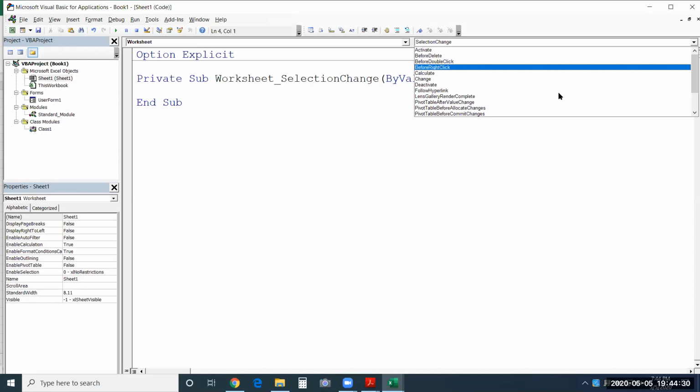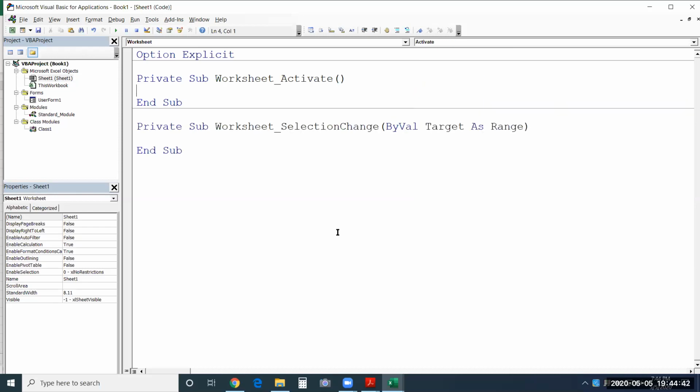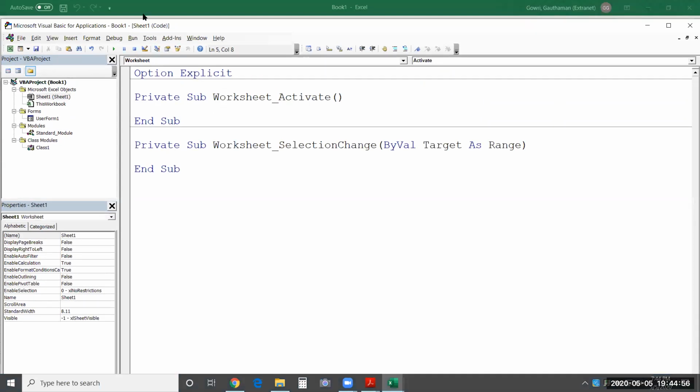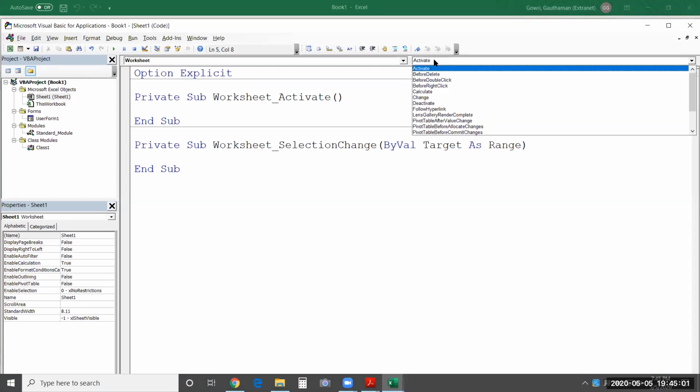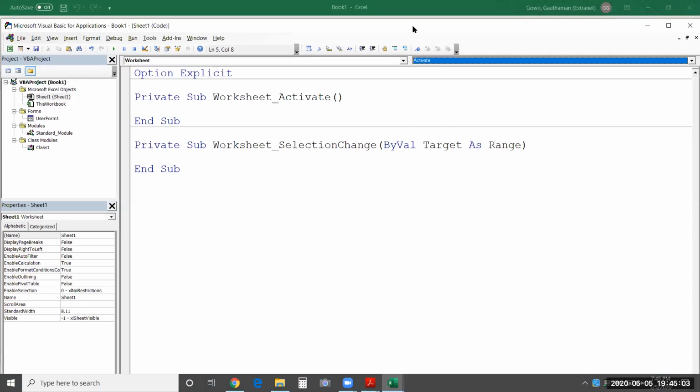They are all listed here, so you can choose any event and write a macro associated with it. If I choose Activate, then whenever the sheet is activated, the line of code written here will be triggered by the Activate event. So even in the sheet module, you see the object drop down, and the events for that object are visible to you.